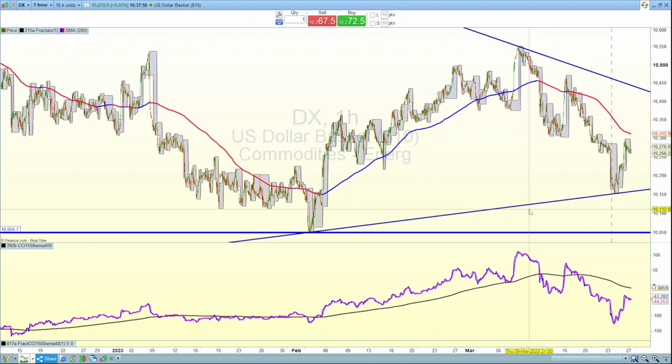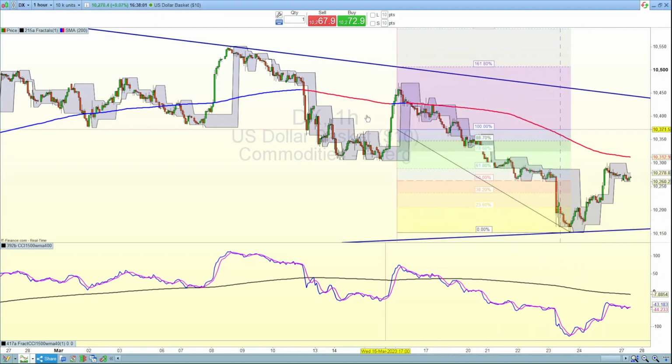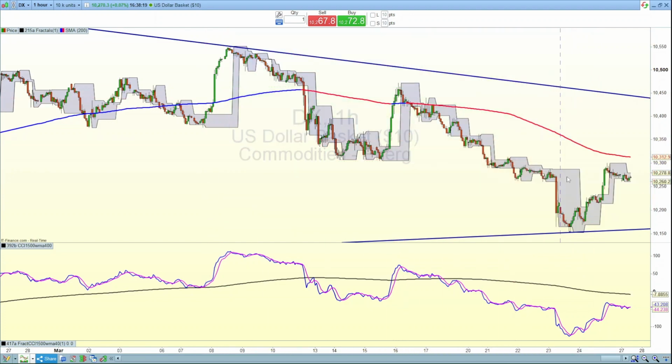So again, let's look at this little range here. So I've got first of all a Fibonacci retracement between that low and that high. So first off, you can see here it's again reaching that 38% level. But also, when it was bouncing, it hit that 78%. Let's do this Fibonacci